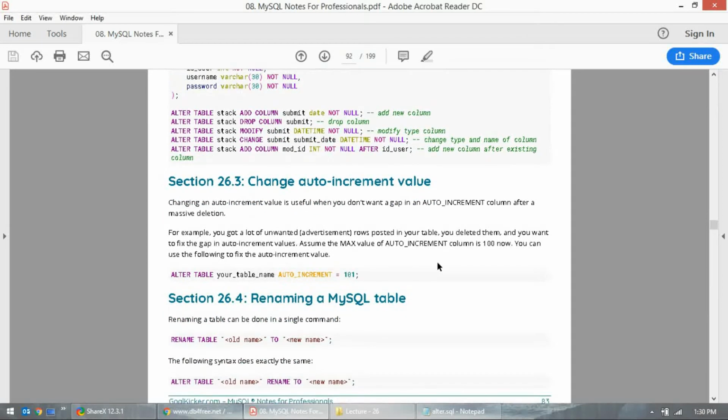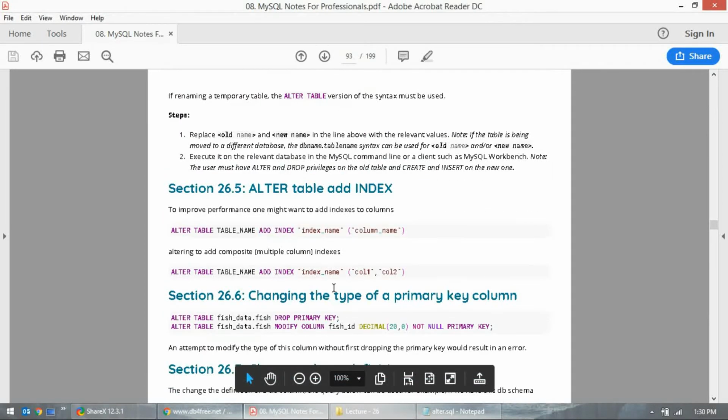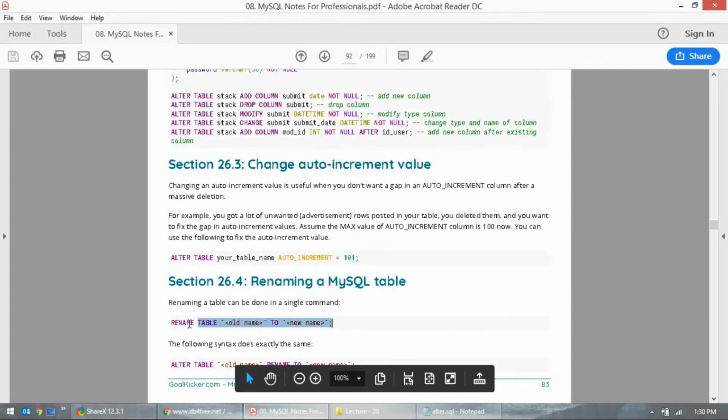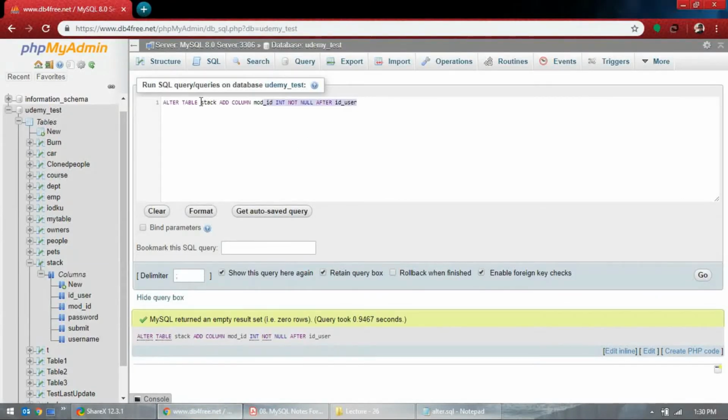Then rename it. Okay, that's very interesting. So we try to rename a table. I never renamed any table. So I use one table called, oops, be careful with the syntax, clone people, remember?